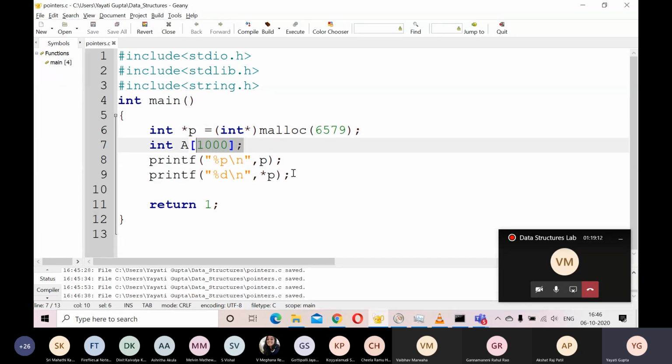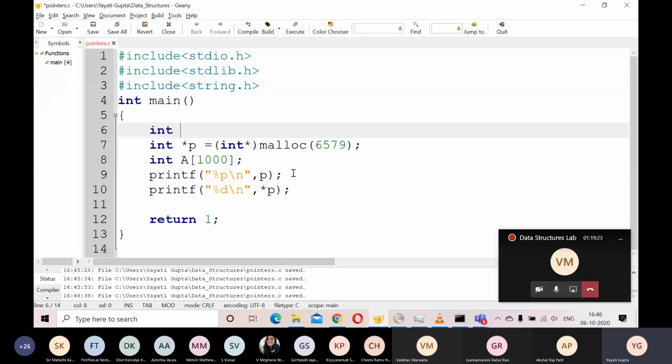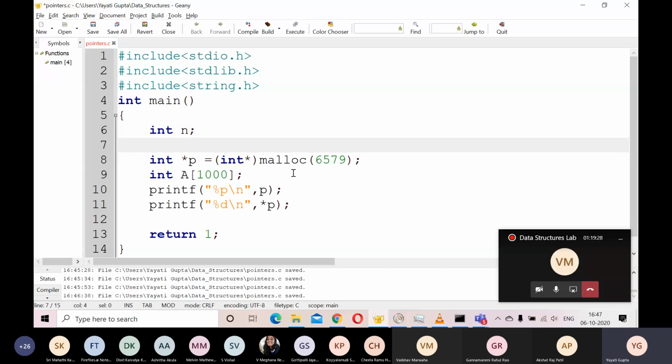What we are trying to do is replace this entire thing with the help of code which allocates the memory dynamically, right? So let's say my n was the number which tells me how many elements I want in my memory, and let me just take it as an input from the command line. So what should I write here? How much space do I want? I want n integers and each of the integers is going to take 4 bytes, right?